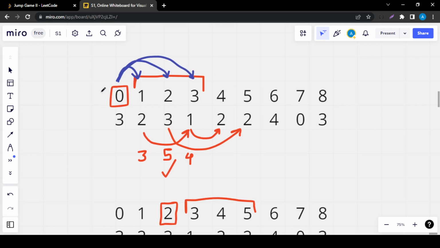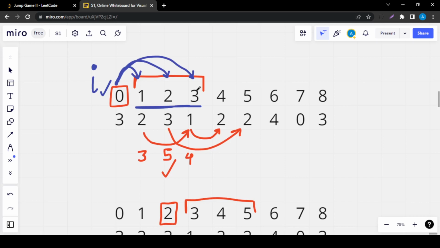So this is my current position, and in the code I will say that this is the I. Okay, I signifies your current position. Initially I is 0, and from this I can reach from I plus 1 to I plus whatever the value of this is, so I plus 3. So from this I can reach all the 3 positions. So what I'll do is, I will not take a jump from this to this or this or this. So I will not take all the 3 jumps,